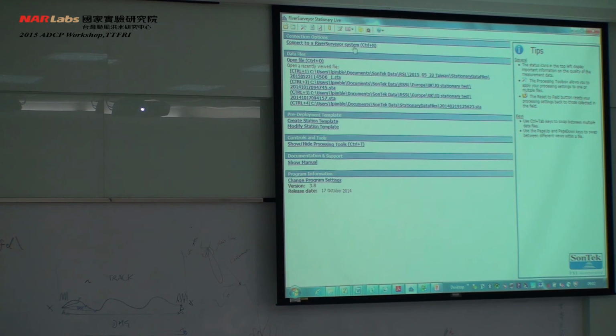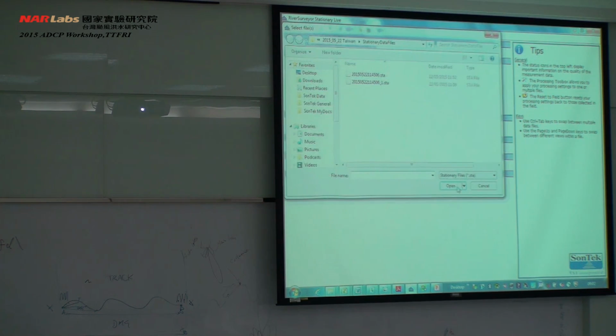So, same thing, we could have connected to River Surveyor or just opened up a file. We're going to open up a file. On this measurement, we